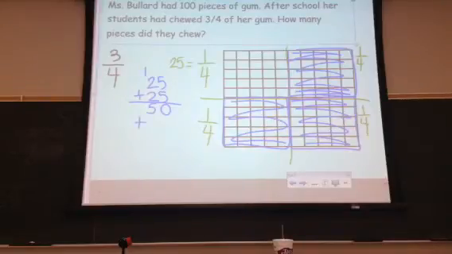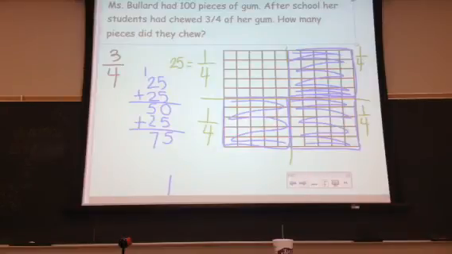We need to add one more 4th, which is 25. We've got 5 plus 0 is 5. We've got 2 plus 5 is 7. So we have 5 units and 7 10 longs, which is 75. So we can say that 3/4